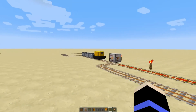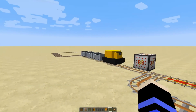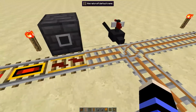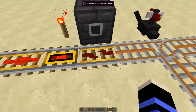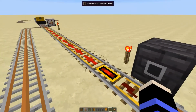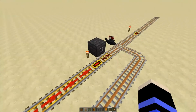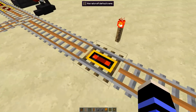It's not going to disconnect any of the carts from each other, because they won't trigger. As soon as the locomotive leaves this block here into here, this is going to turn off, and any cars that roll onto here aren't going to be affected. Then the locomotive is going to continue here, hit this